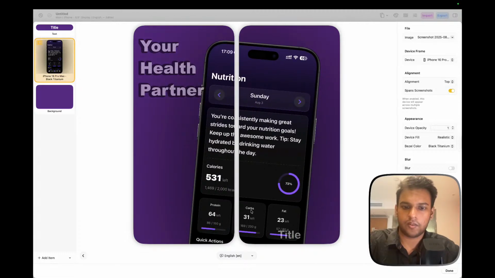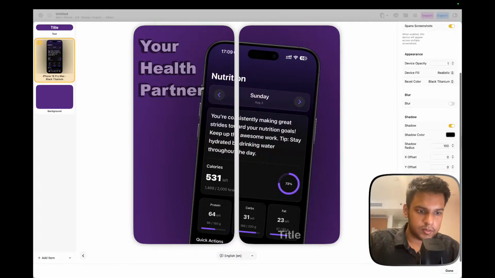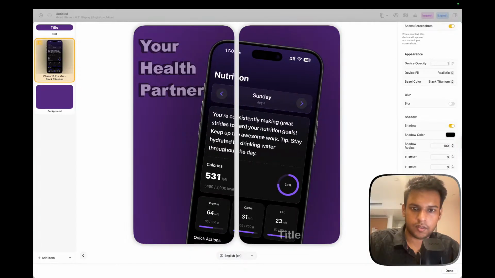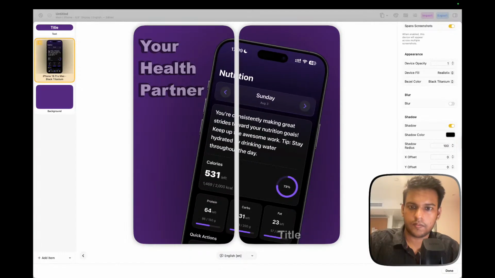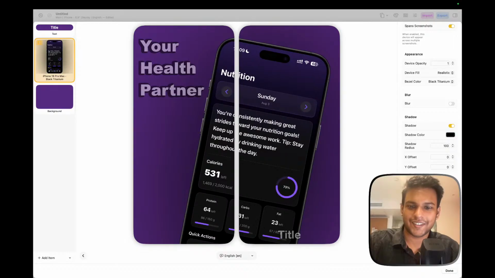So I want the protein, carbs and fats to show. And what else can we do? I think I would want to tilt it a bit. Where's the rotation? This actually looks nice.